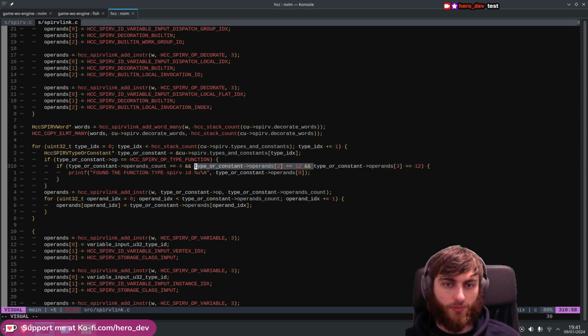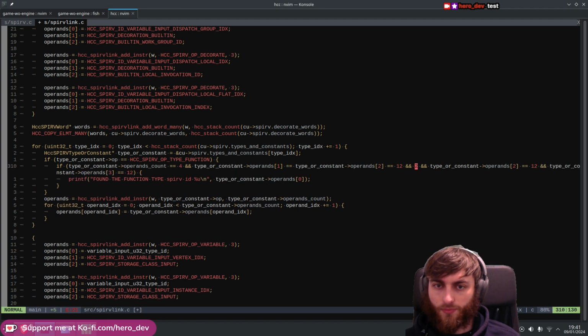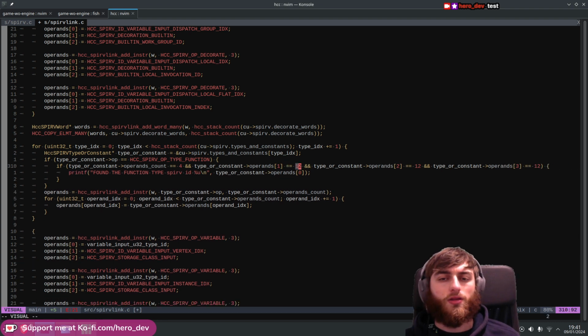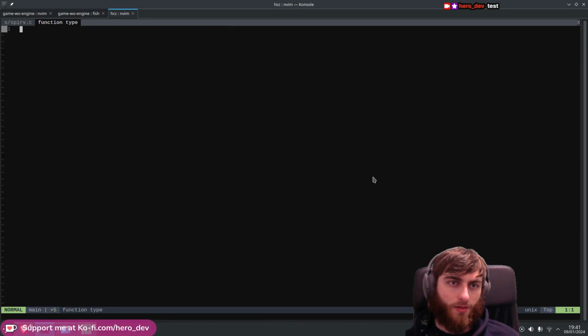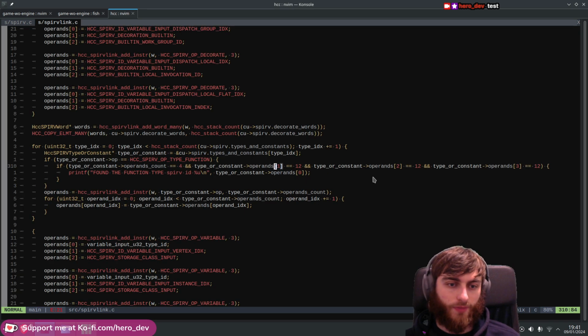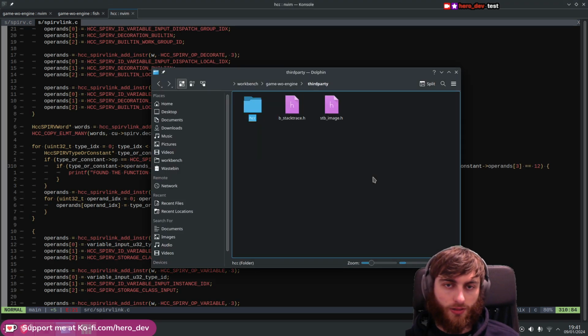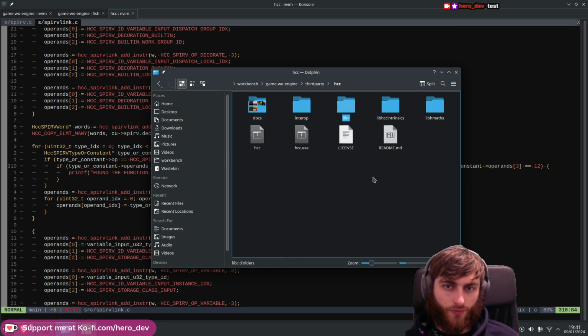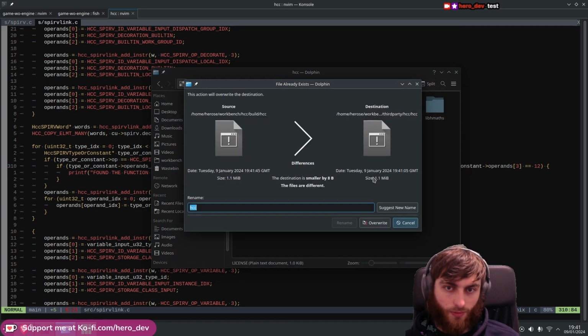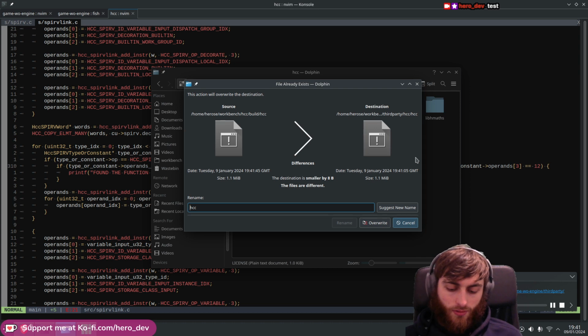There we go. Yeah, so that's where the return type is, right? It's in operand 1. So recompiled that, and we're just gonna hop into here, get back a few of these guys, grab that, forward a few of these guys, and plop that in there. Right, so there's a new binary,